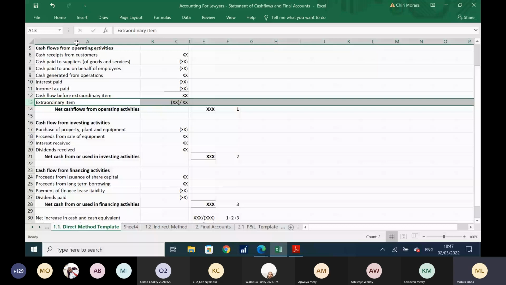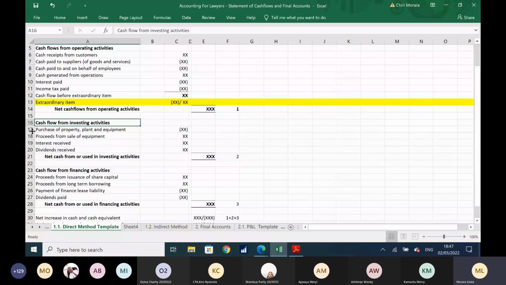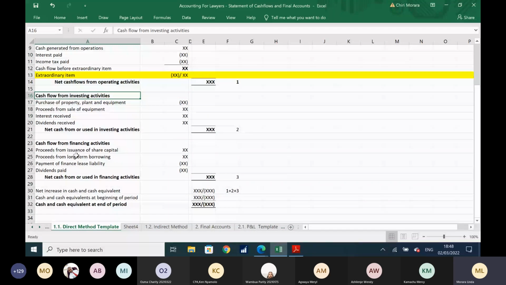And then your investing, I think I already explained that. So if you purchase property, plant, equipment, or any other fixed asset, then that is an outflow. You've paid out money to get that, so money has moved out. That is an outflow. I have been assuming that when we see brackets, we know that that's a minus. I hope we know that. So that is an outflow, and the ones that don't have a bracket, that's an inflow. So that's a plus. So if you sell equipment and you get some proceeds, then that is also an inflow. If you receive interest from your investment, or if you've invested in shares and you receive dividends, that's an inflow